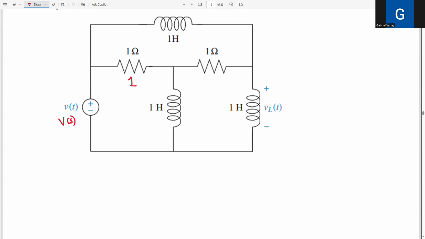The resistance here too is the same thing, 1. But your inductor here, when you convert it into the Laplace transform to find its impedance, it's going to be 1 times S, so it's just S. Likewise with the one at the side, and likewise with the one here. So if we draw it all over again, we'll get